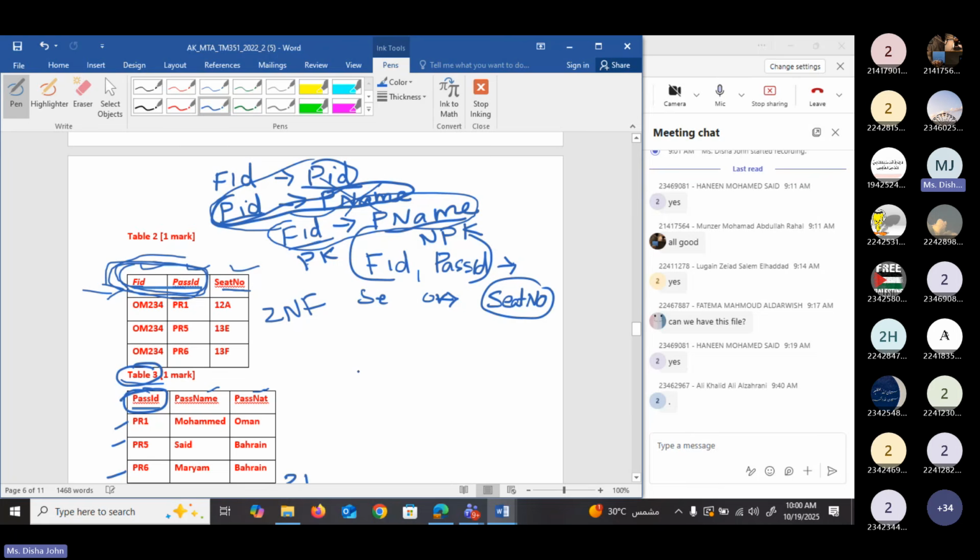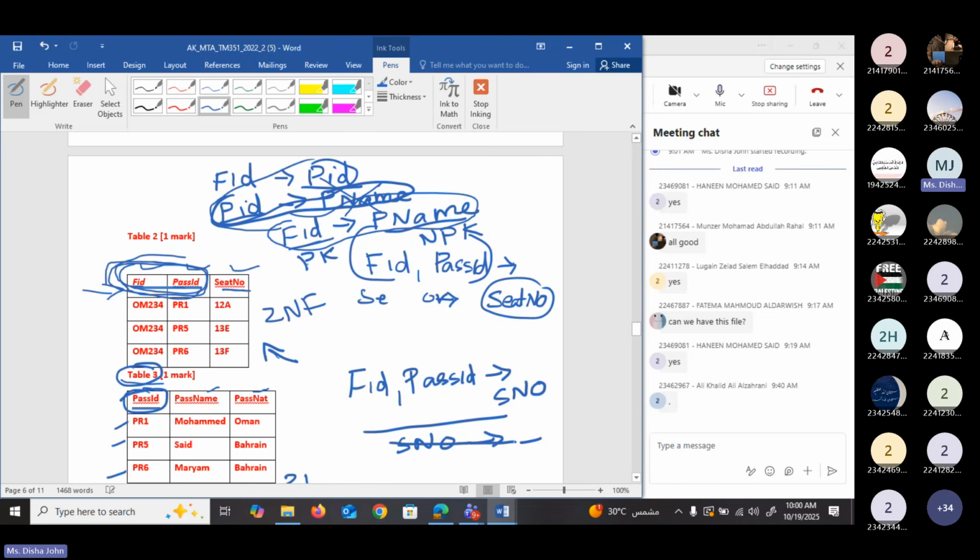Okay, so here we have flight ID, then we have passenger ID, determines seat number. This is the only one dependency which is existing in this table. So we cannot write one more. If you can write one more by seat number determines something, then there is a chance to make a transitive dependency.